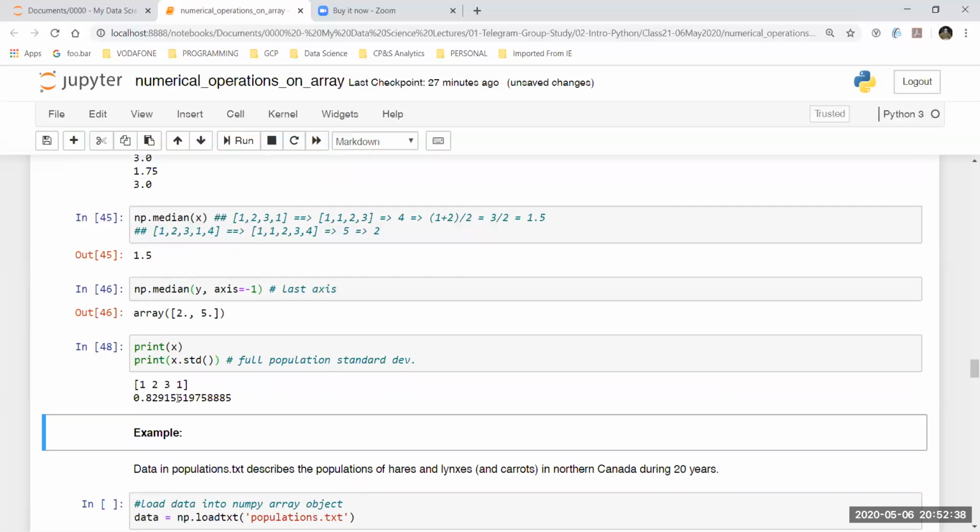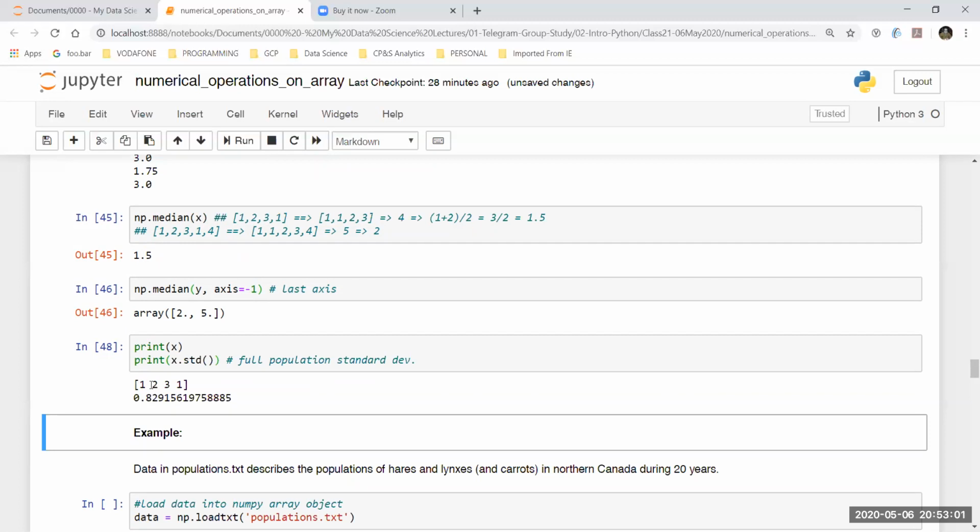But overall, the intuition behind this is that I am trying to find out the in-scale variance, or in-class variance, of the set of numbers which I have. Now why I am putting some push on the statement "in class" is that this 0.82 is of the same scale as the numbers which you have over here.